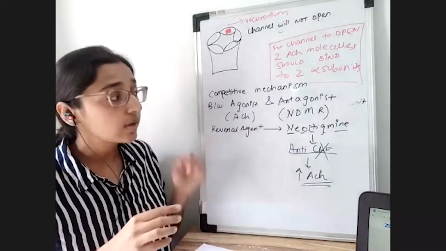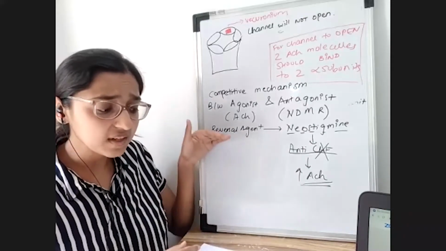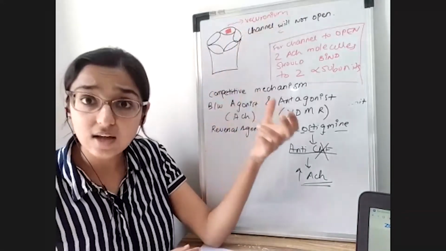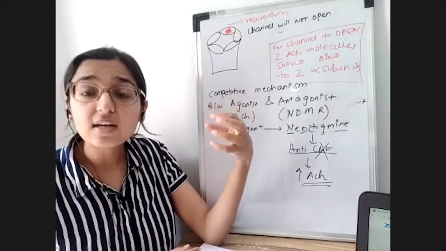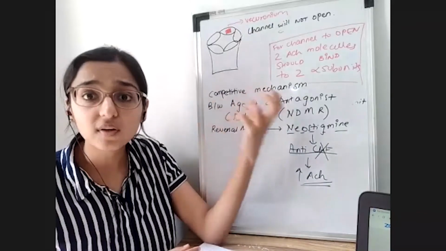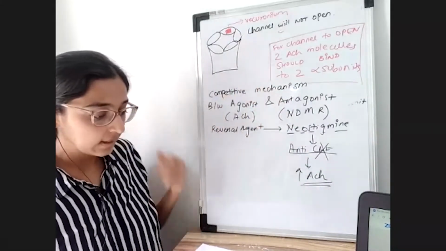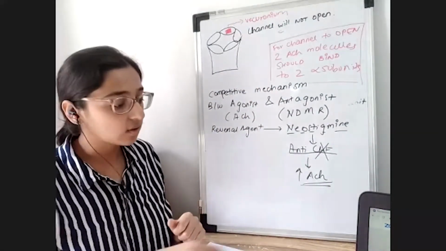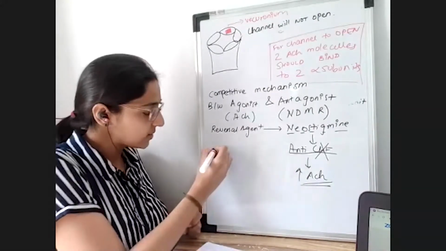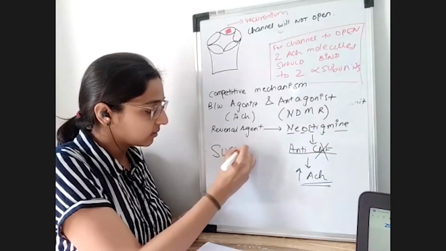All right. So if the relaxant concentration, what does that mean? I'm saying if vecuronium concentration is doubled, it is 2 times, then we need an acetylcholine concentration which is 4 times in the junction to overcome it. All right. Now, that is not the case with another drug that we have heard of, which is known as Sugamadex.